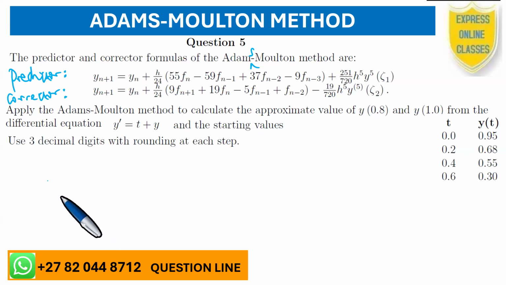Analyze this very carefully and note that in this question, apply the Adams-Moulton method to calculate the approximate value of y at 1.8 and at 1.0 from the differential equation y prime equals t plus y. I said these questions are from past exams, right? And they're starting values. So now you need to use 3 decimal digits with the rounding at each step. So it's very important that these questions, you write them down and you learn them and you repeat, repeat, repeat,